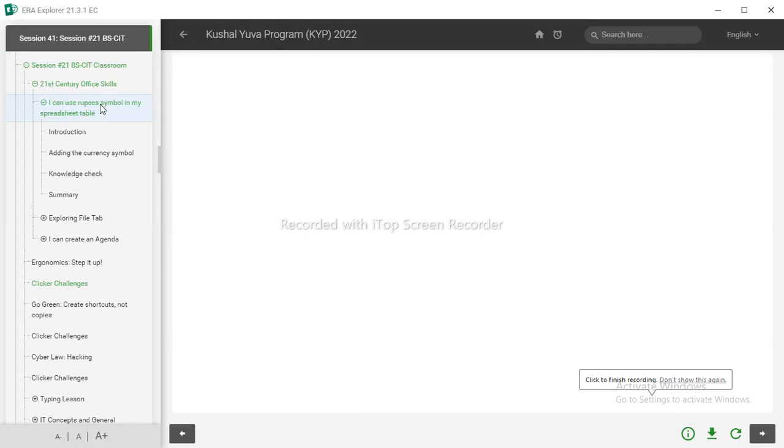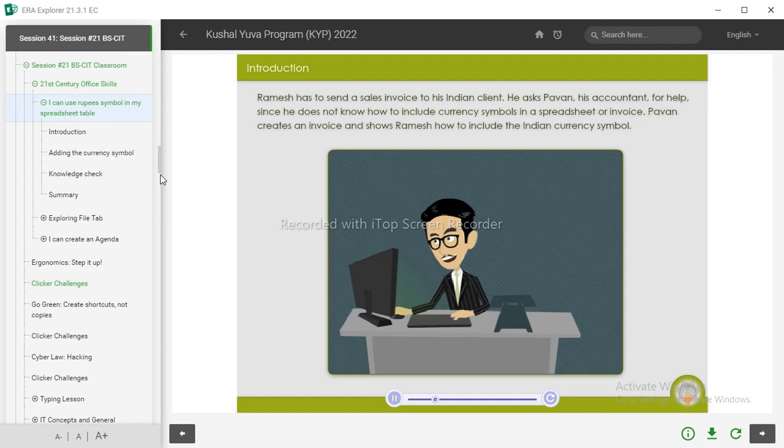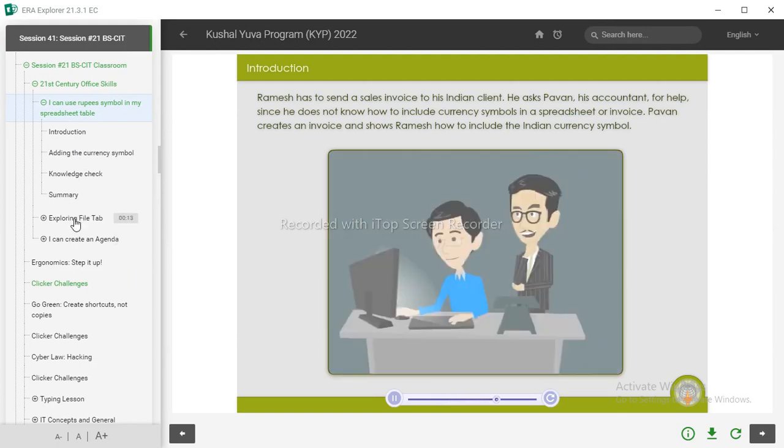Ramesh has to send a sales invoice to an Indian client. He asks Pawan, his accountant, for help since he does not know how to include currency symbols in a spreadsheet or invoice. Pawan creates an